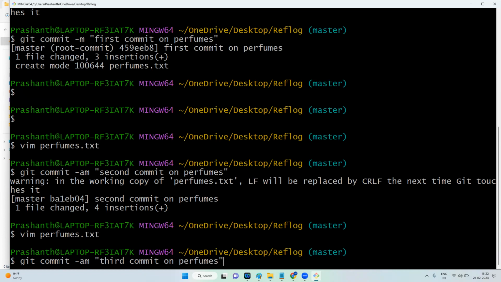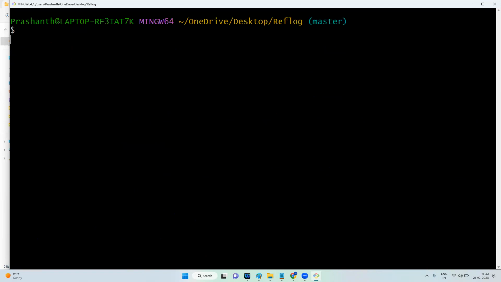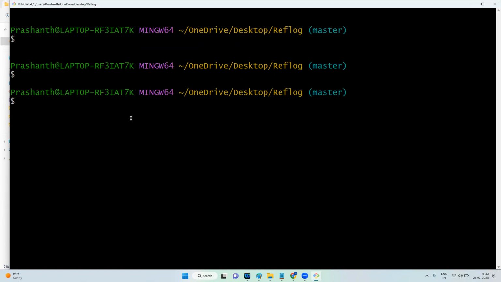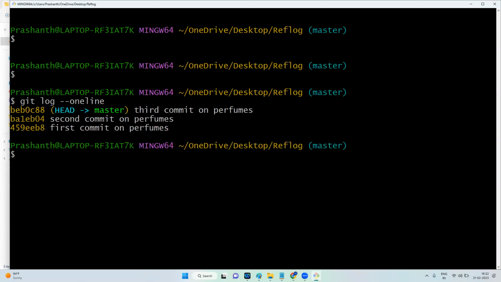Why I took this perfumes example, I'll explain in a minute. Today I had a bad experience, I'll explain it sometime. So git log --oneline. We got 3 commits: first commit, second commit, third commit. Now what I'll do is a hard reset to the very first commit. Okay, so git reset --hard